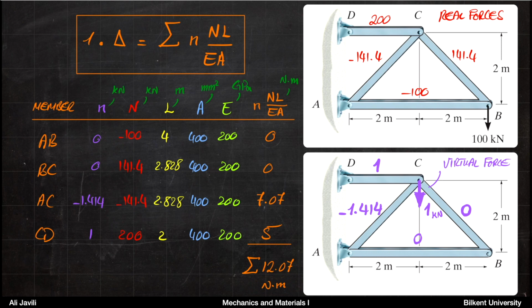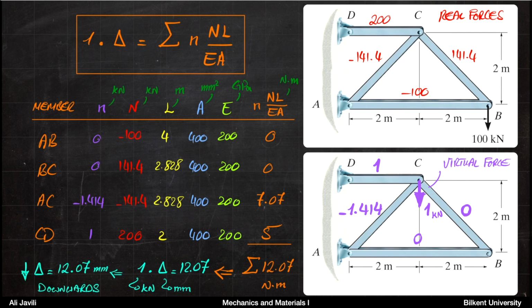Now, this is what you had on the right hand side. On the left hand side, we have the virtual force, which is in kilonewton, times delta. Again, because the unit of the right hand side is Newton meter, if 1 has the dimension kilonewton, then delta should be in millimeters to be consistent. And that basically tells you that delta of point C is